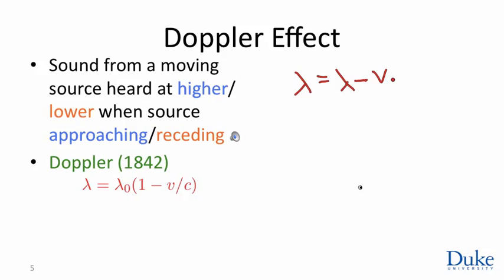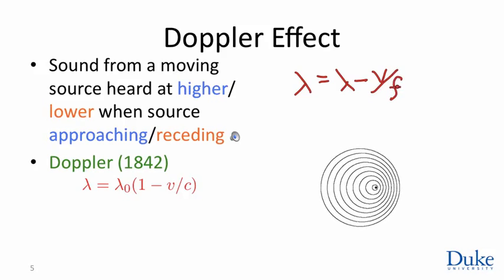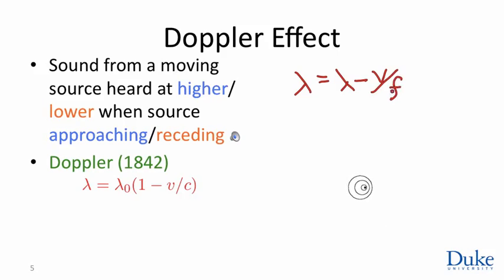What's the time between wavefronts? The time between emissions is 1 divided by the frequency, because this is a number of seconds. And so remembering that